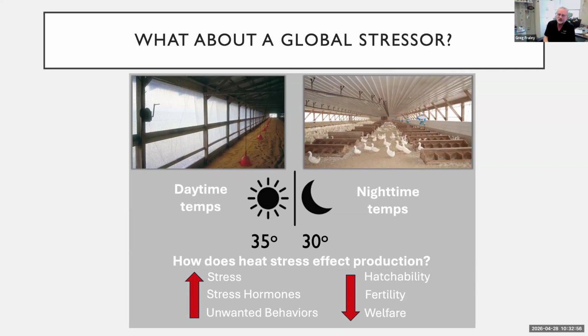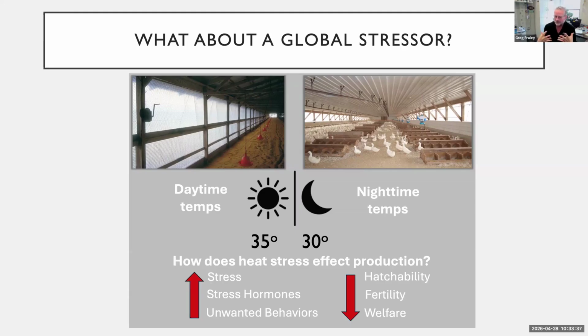Here in the United States, about 85% of duck production is done on Amish farms, and Amish don't typically use electricity, so tunnel ventilation is out. So it's all through natural ventilation through these curtains. And whenever heat gets up above 35 degrees Celsius or 95 degrees Fahrenheit during the day, and importantly, does not drop below 85 degrees Fahrenheit or 30 Celsius at night, for a long period of time, this really has bad effects on the ducks.